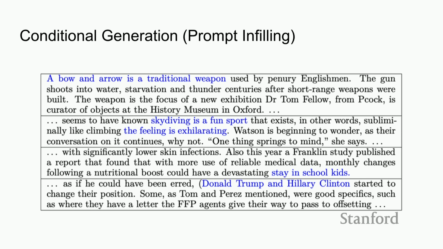So if we have this top one here, we can take our blue prompt text, and the idea here is that when we generate our new sequence, we just generate around it. We don't change the prompt text, but we just generate everything else around it. This actually is principled if you go through the math, and it allows you to fill in the rest of